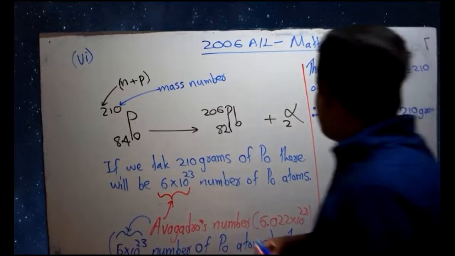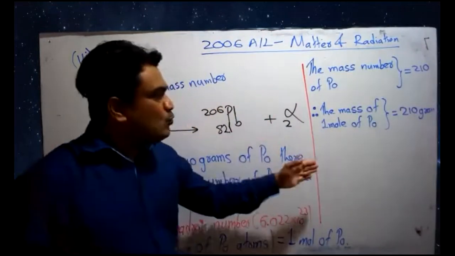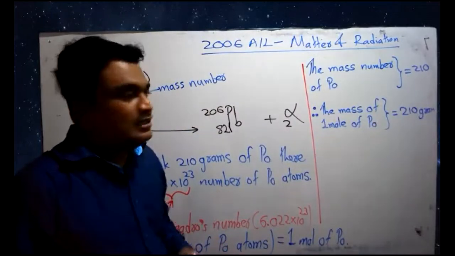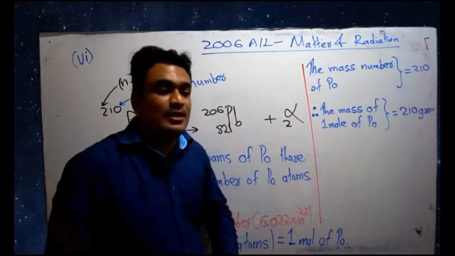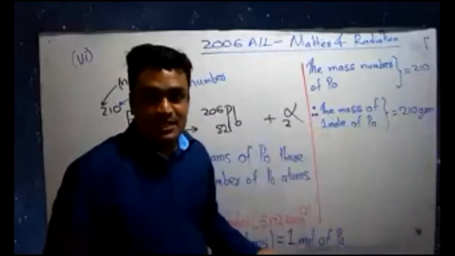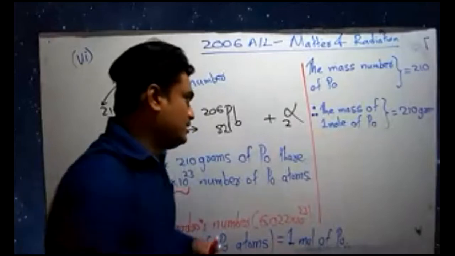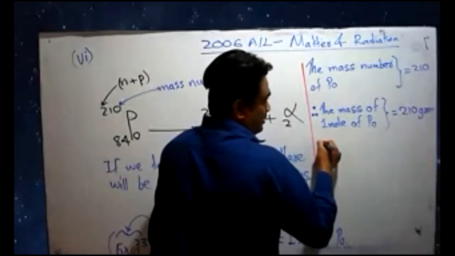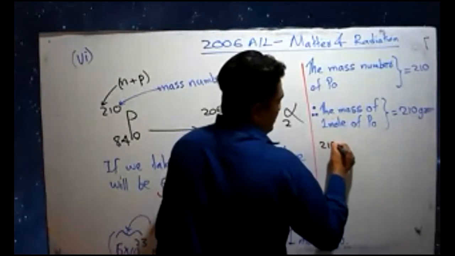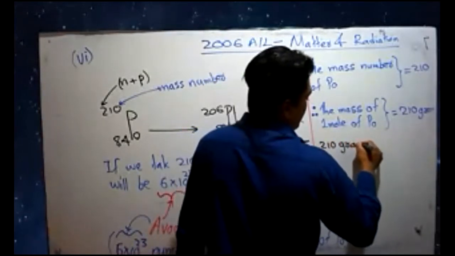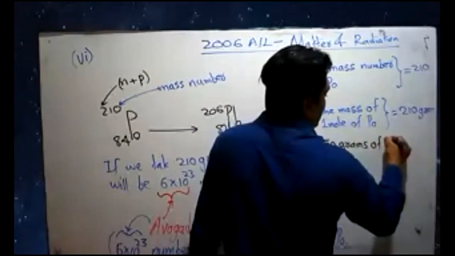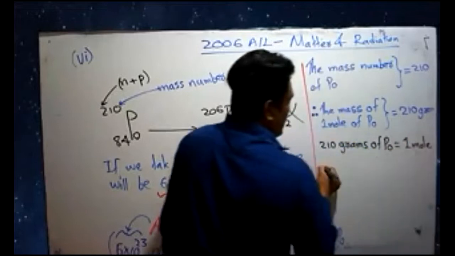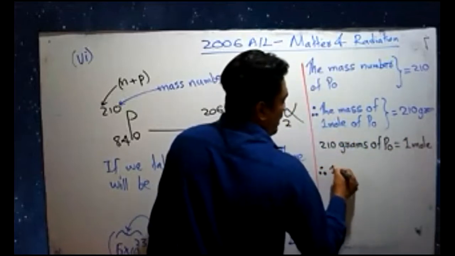Right, how many grams do we have here? To make 1 mole, we need 210 grams. This is the first time that you are doing this kind of equation, that's why I'm writing statements. Otherwise, no need to write this many statements. So the inverse is, 210 grams of polonium equal to 1 mole. So therefore, 1 gram